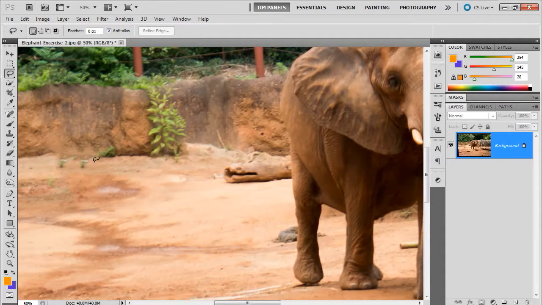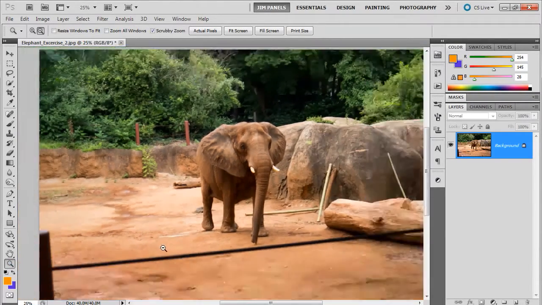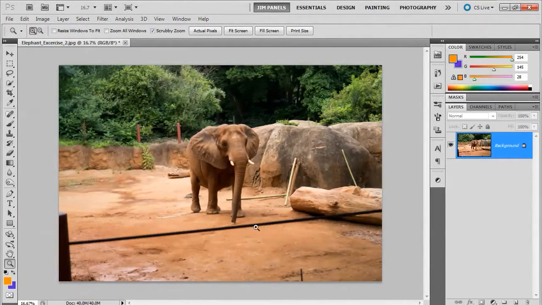Now you might get some issues where things get duplicated. For example, this little green thing is copied twice. No big deal, we'll fix it using the next tool I'm going to show you. I'm going to zoom out, and we're going to fix this line here that goes across. The first part we're going to do is from here to about here. So I'm going to go down to the second section of tools and find